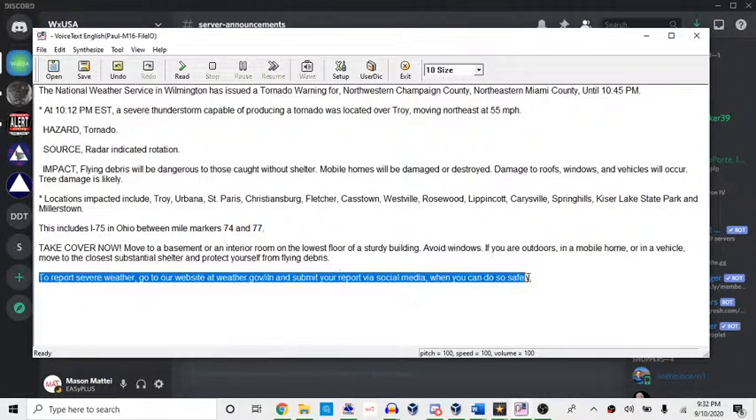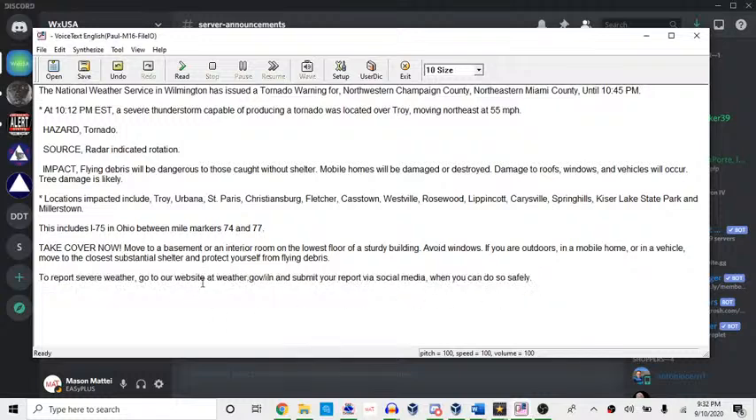at this part, the to report severe weather part, it's not going to say weather.gov/ILN the way it's supposed to say it. It's supposed to say it like weather.gov/ILN and submit your report via social media when you can do so safely. But to fix that, anyway, what we're going to go ahead and do here